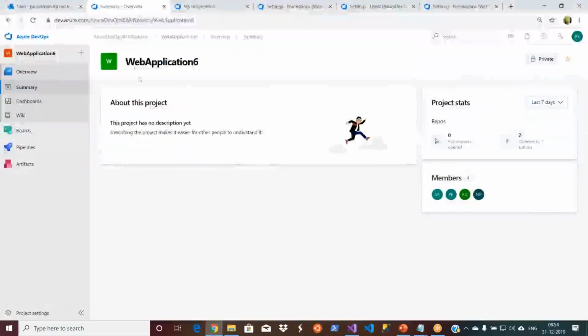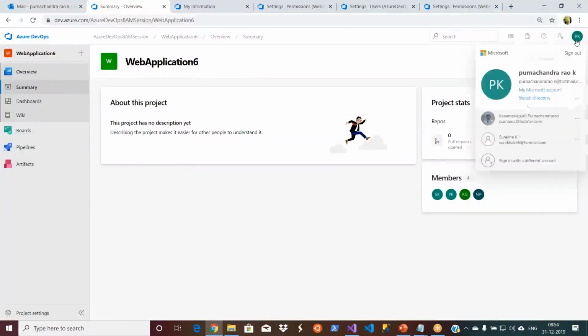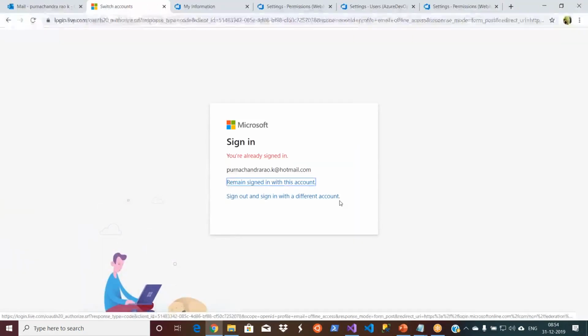Let's go back to my repos. Let me change to my other user ID. Now you will see the difference of what has happened there.